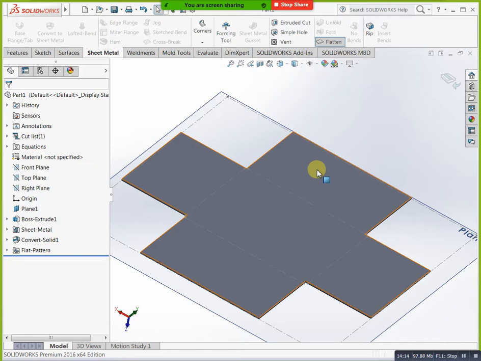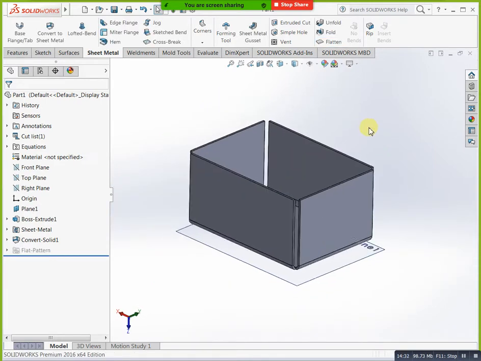Next, here we have fold, unfold, flatten. Already we know. Now we know convert to sheet metal, base flange, lofted bend. We completed all this. Jog, this one also completed. Next we have corner, closed corner. Closed corner means overlap, underlap, and open, as per your requirement. For example, if you need to do welding here, you can mention welding also, but we need not apply welding. Here we have gusset. If you need to mention any type of stamp, gusset type stamp, you can go with this.